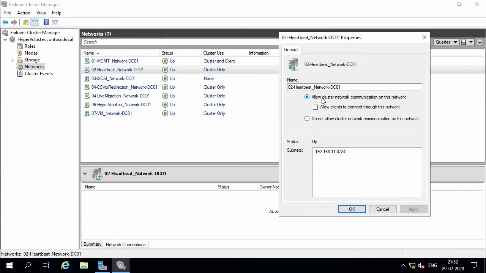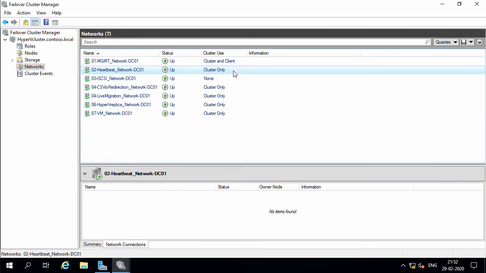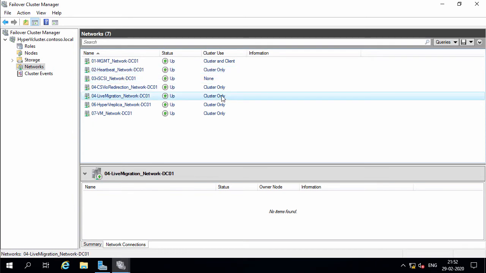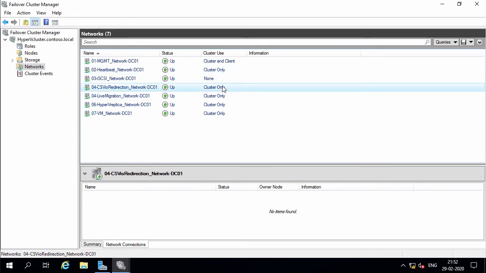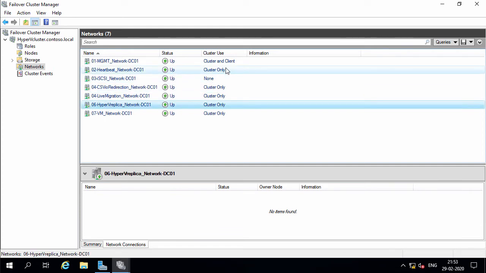Only the cluster network communication should be selected, and you should not select allow clients to connect through this network. And I'll click OK. So the heartbeat network, the live migration network, the CSV IO redirection network, and the Hyper-V replica network should be listed as cluster only under cluster use.